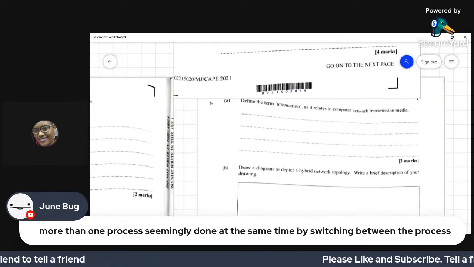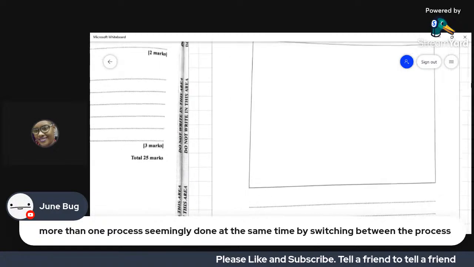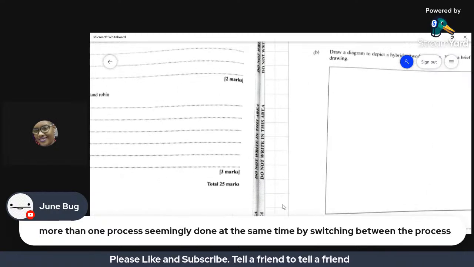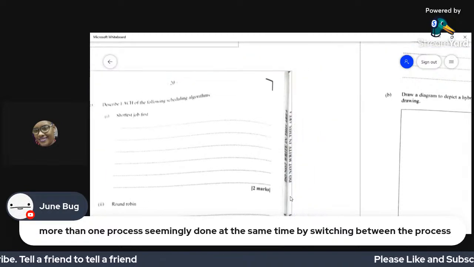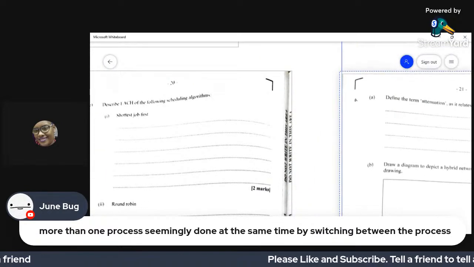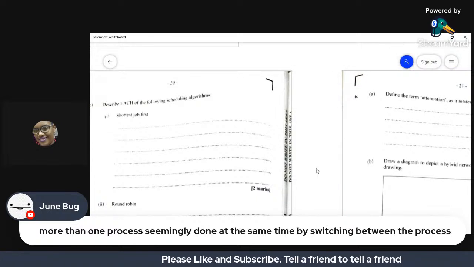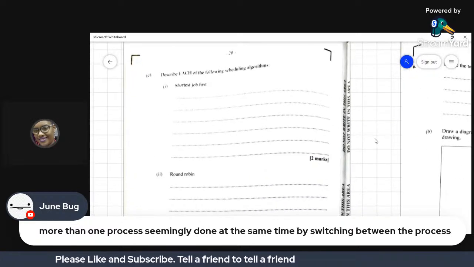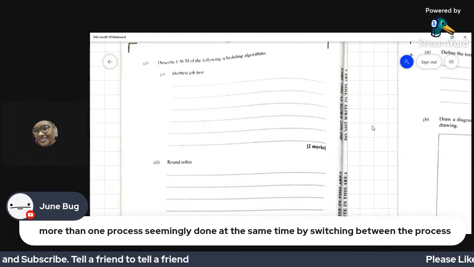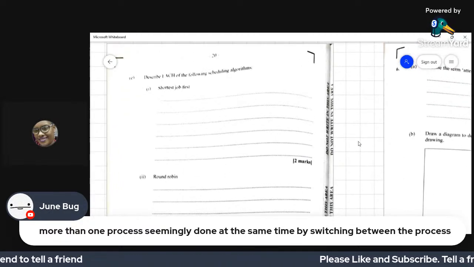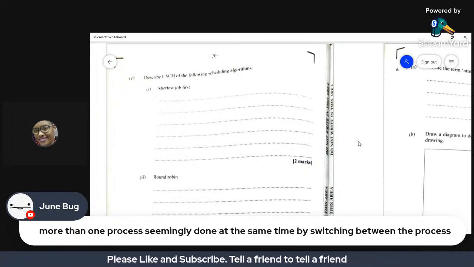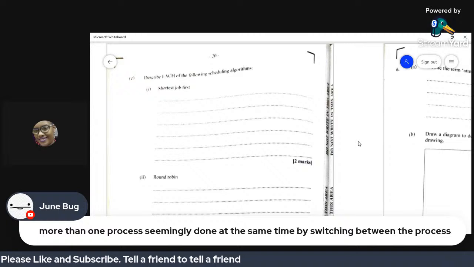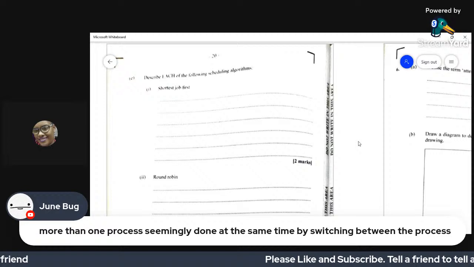All right, moving on. Let me arrange these pages. For operating systems, you will find that some of the terminologies are pretty much linked to terminologies that you would know in life. Let's hope. Junebug.